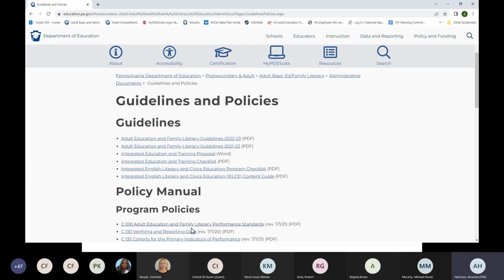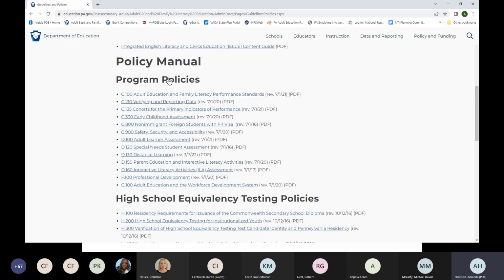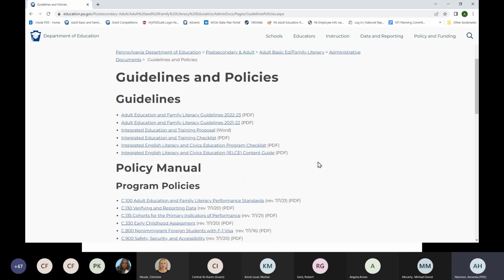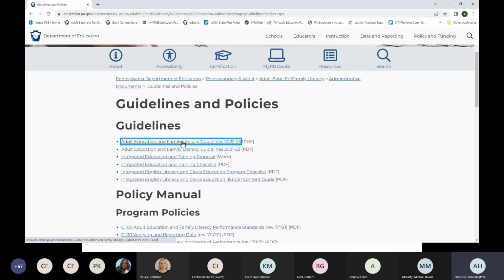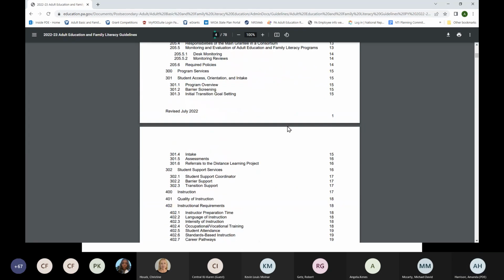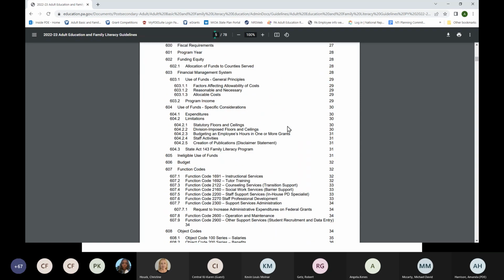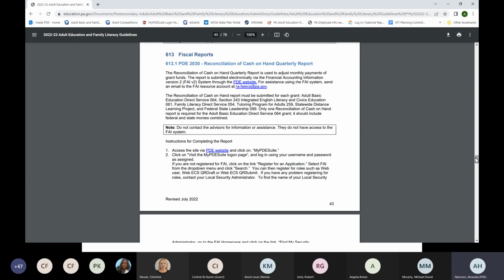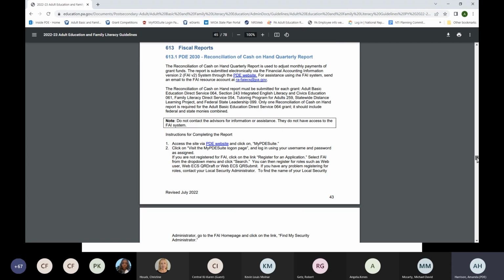We still have to get the most up-to-date policies on this page. There's a freeze on updating information right now because there's some switch going on for Commonwealth websites. But here are the guidelines. Here are the fiscal reports, page 43. There you go, fiscal reports. And then at the very end,